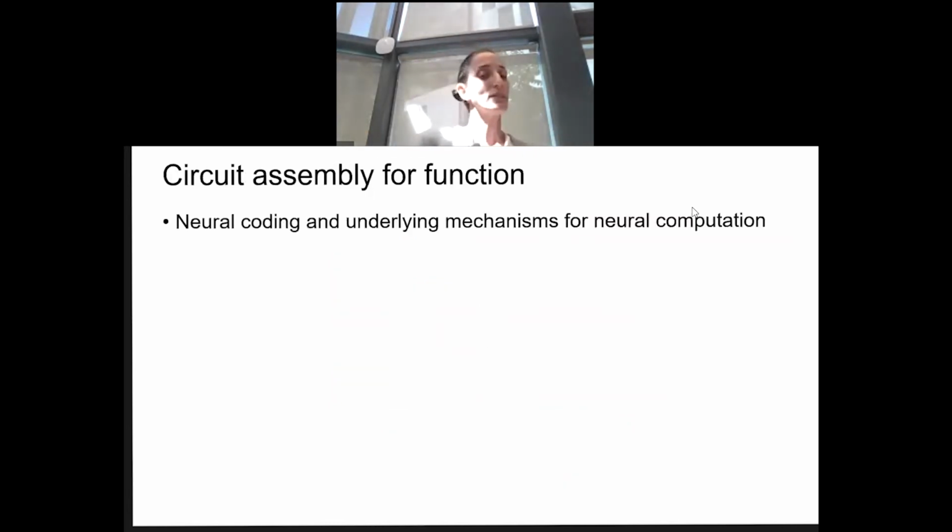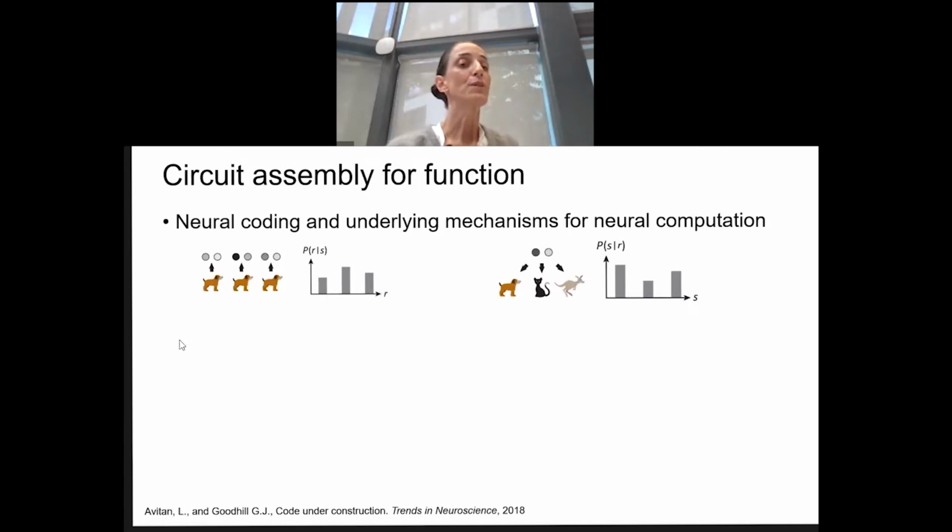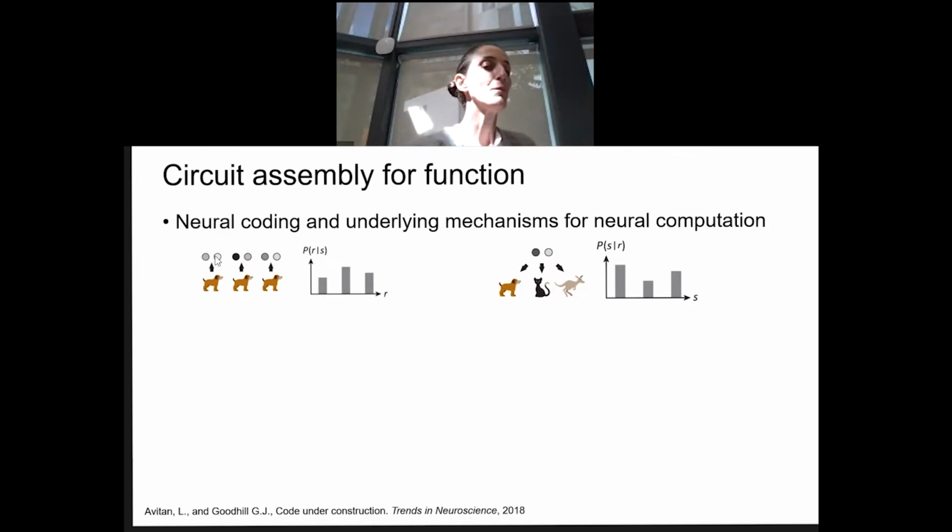Okay, so basically what I am interested in is what we call the neural code. The neural code has two ways to look at it. We can show the brain or the animal a visual cue, and let's assume that this is a population of neurons. Here it's denoted with 2 neurons, but it can be many more, right? And these shades of gray are the strength of the response. So I show this dog once to the neurons, I get this response. I show it again, I get this response. I show it again, I get this response.